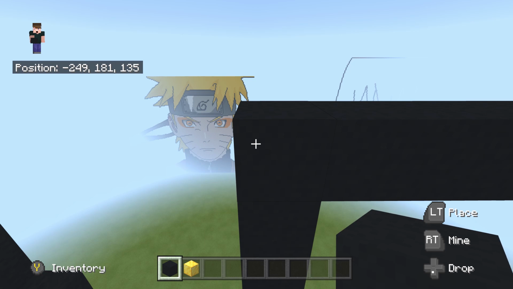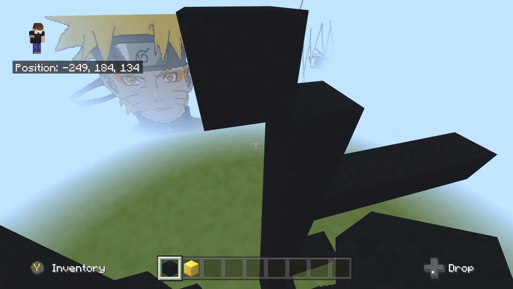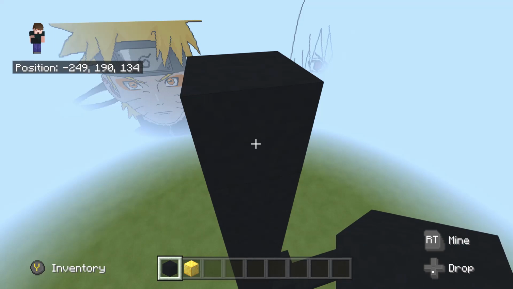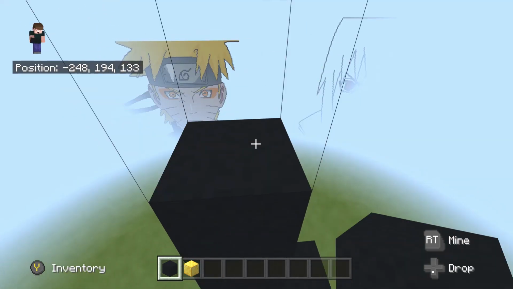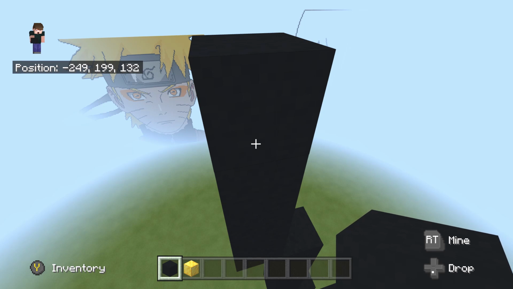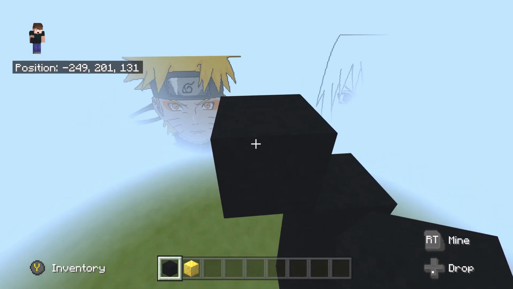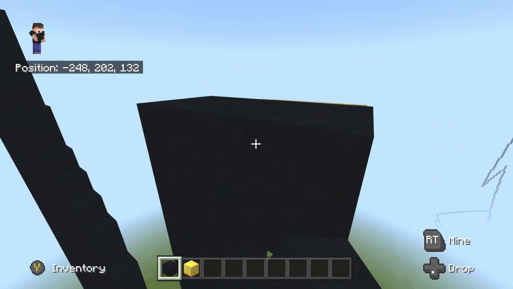So back to here, and we're going to go up by another 2, so 1, 2, and then do an up left diagonal, and go up by 6, so 1, 2, 3, 4, 5, 6, and then do another up left diagonal, and go up by 4, so 1, 2, 3, 4, and then do another up left diagonal, and go up by 3, so 1, 2, 3, then we're going to do another up left diagonal, and we're going to go by 2 for now, so 1 and 2, and then we're going to place 1 to the right,